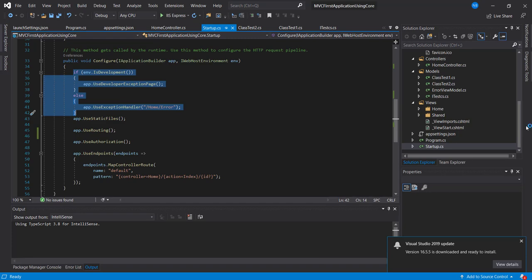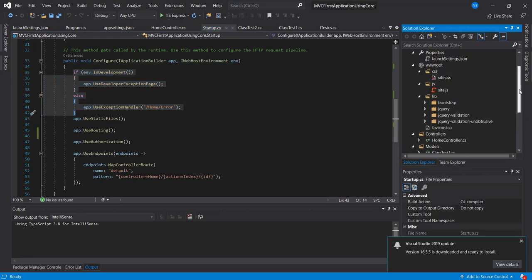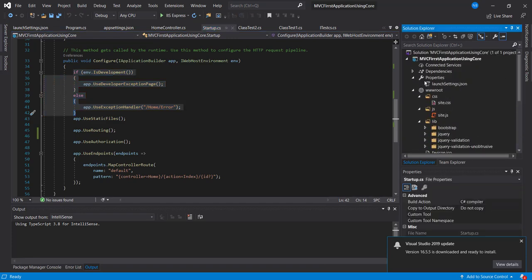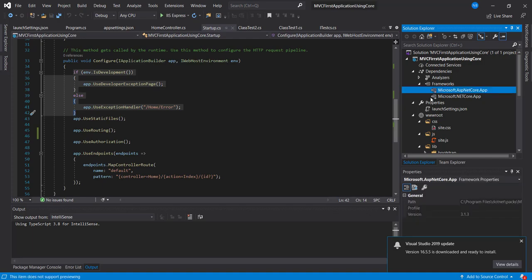So apart from that, you might know that there are a lot of references used by the applications. Those you will get in the dependencies and frameworks. Under frameworks, if you see, MVC and others are the DLLs or references which you will be using. Currently the ASP.NET Core app contains all your required MVC and other things, and this will be built and passed along with your build, and you will be able to use it as well.